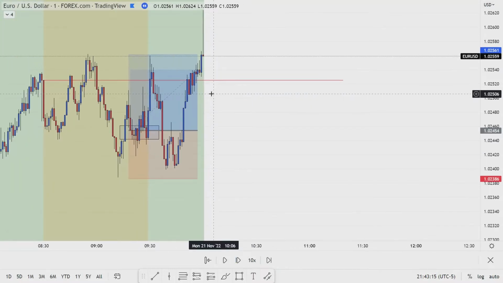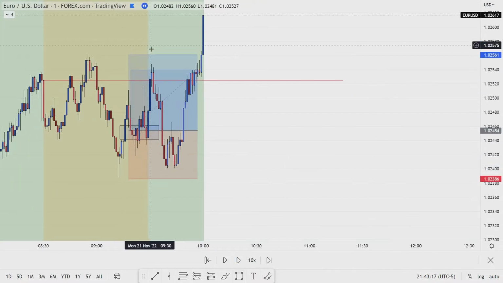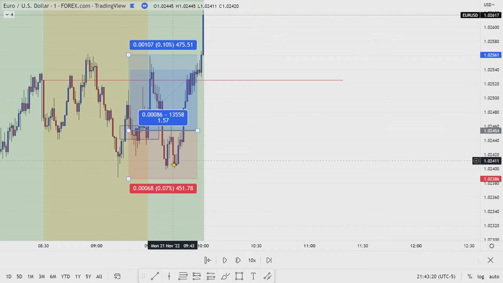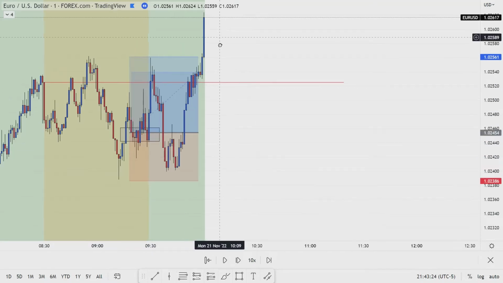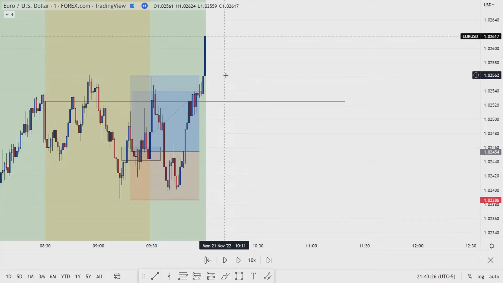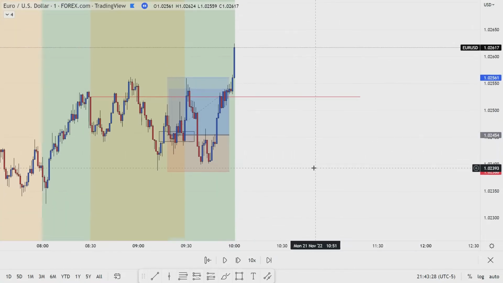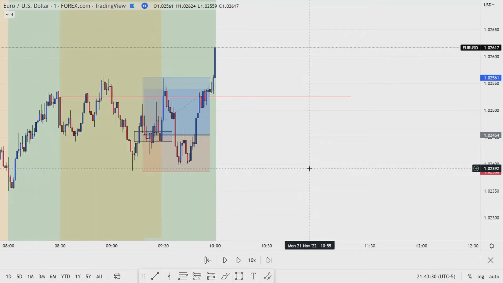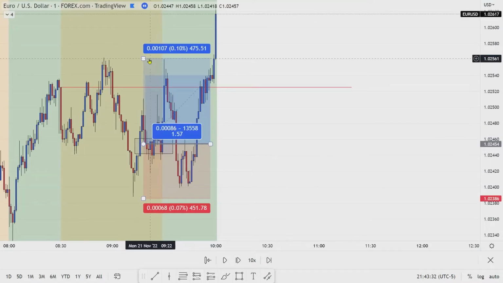Okay, so it almost reaches the profit target, goes back into a loss, and then eventually goes back up and hits the target. So this would have been the trade for Monday if I had taken that trade. As we can see here,